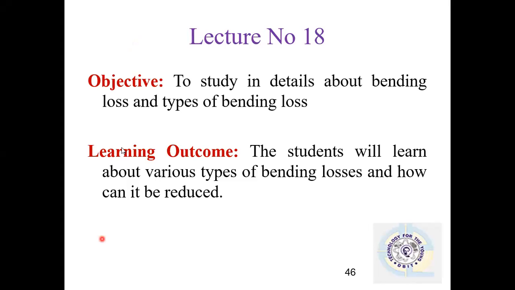Under absorption loss, we had seen again that there are three categories: absorption due to atomic defect, intrinsic absorption, and extrinsic absorption. Under scattering, we have linear and non-linear scattering. Under linear, we have Rayleigh and Mie scattering. Under non-linear, we have stimulated Brillouin scattering and stimulated Raman scattering. Now coming to the third category of attenuation loss, that is the bending loss.